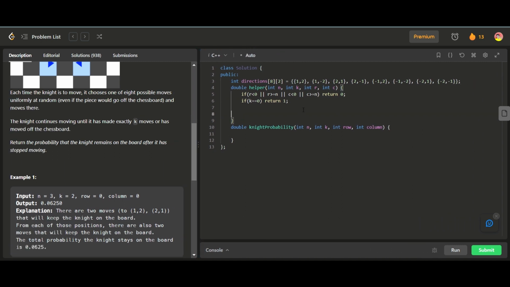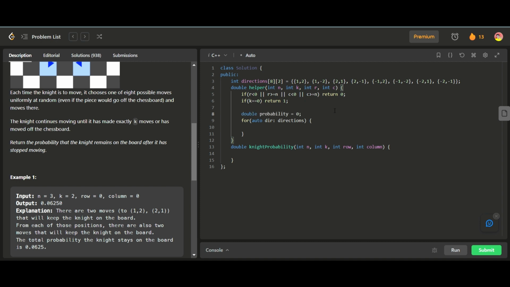So we will iterate through this directions array. So for each direction in directions, I'll also need to declare the data type, so it would be auto. It will return an array of size 2. So what I will do is store the probability of the current position for the number of moves remaining. So I'll just define a probability, double probability